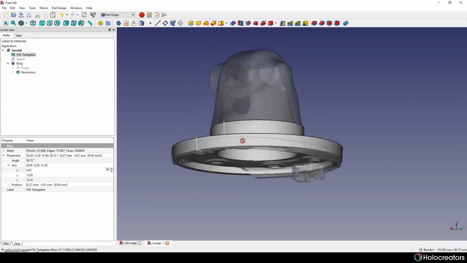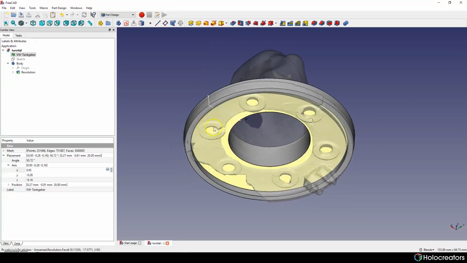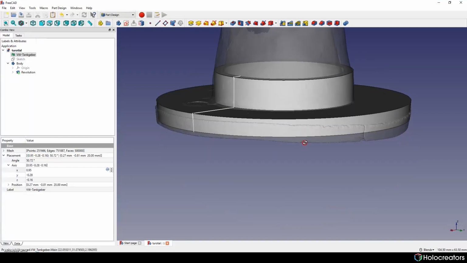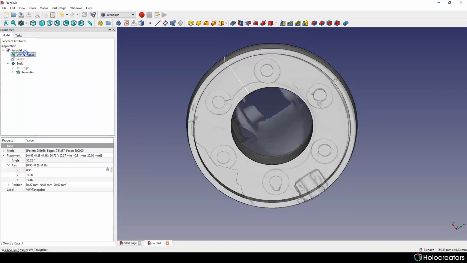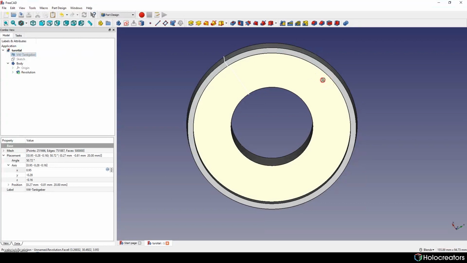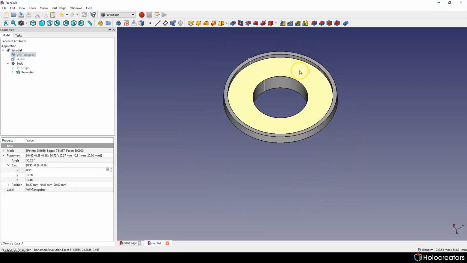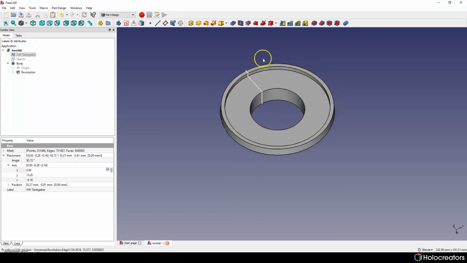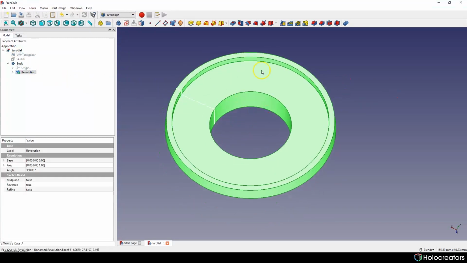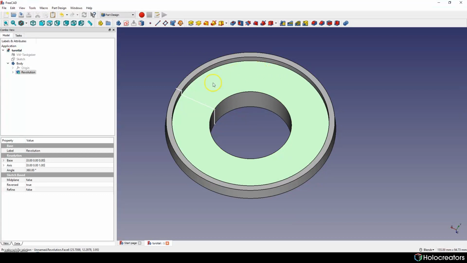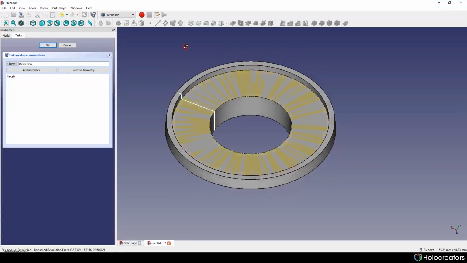In this part of tutorial, we're gonna create extrusion and holes in our flange. To do this, we can hide for now our base model. We need to create a surface on which we can attach our sketch. I will do this way. I'm just selecting this face, and I'm pressing this button to create shape binder.